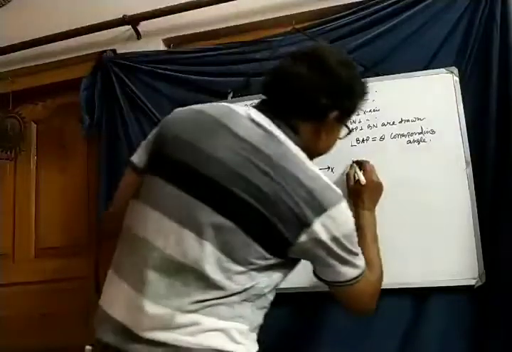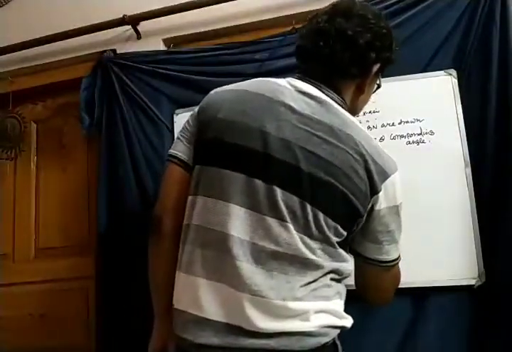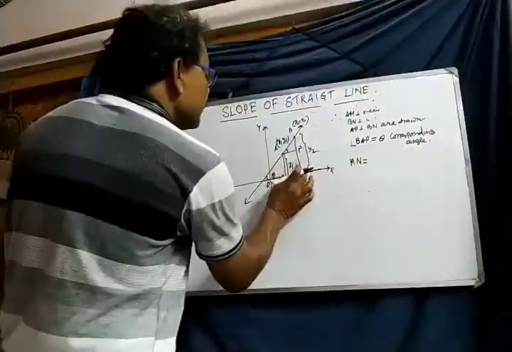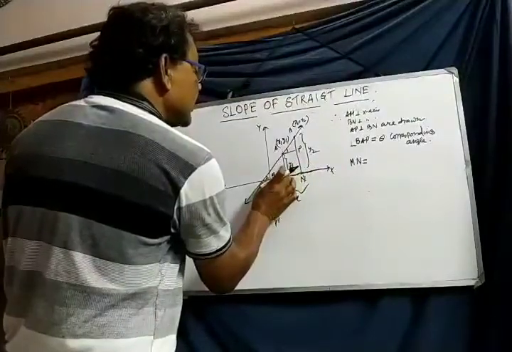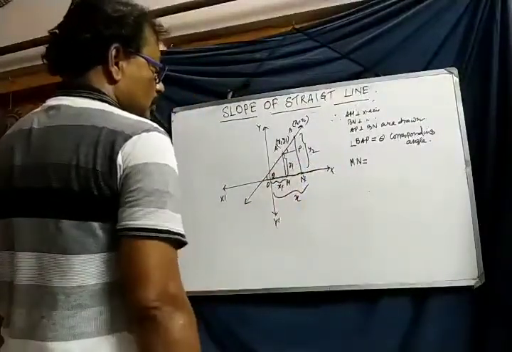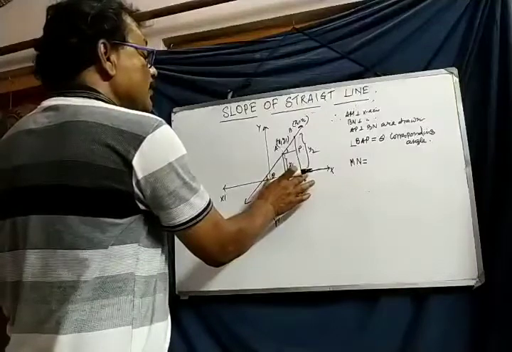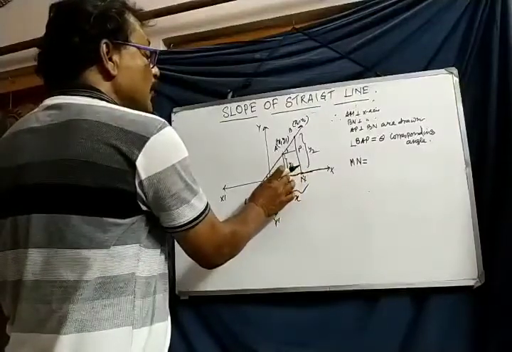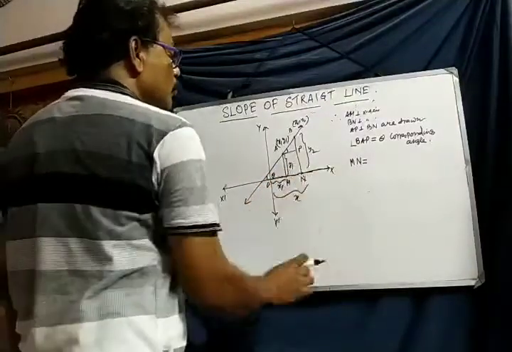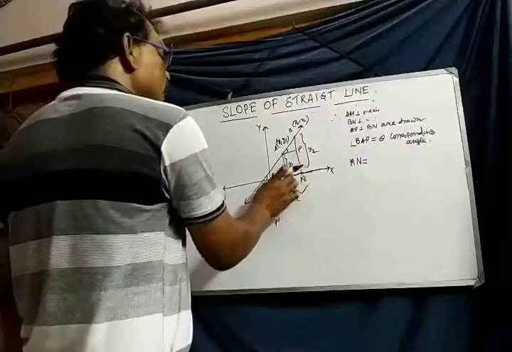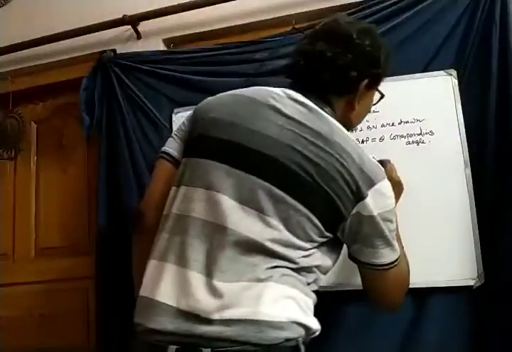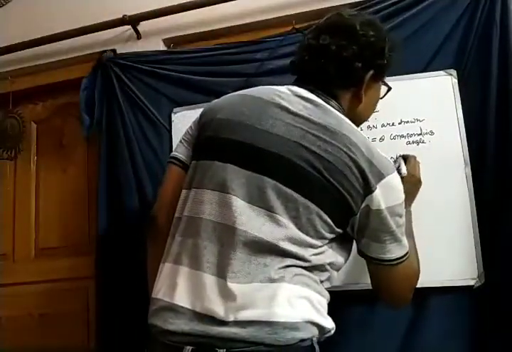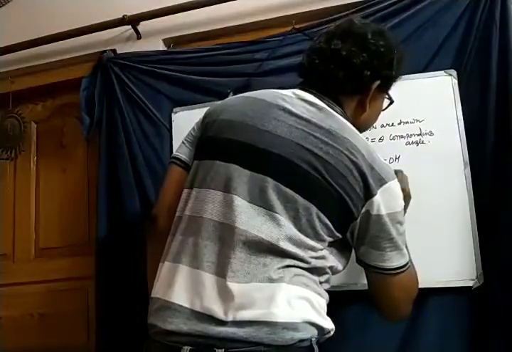So MN is equal to x2 minus x1. Again watch it: ON is equal to x2, OM is equal to x1. So MN is equal to ON minus OM, therefore x2 minus x1